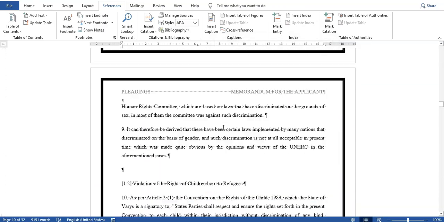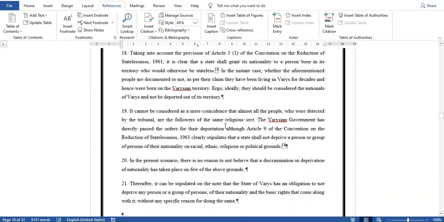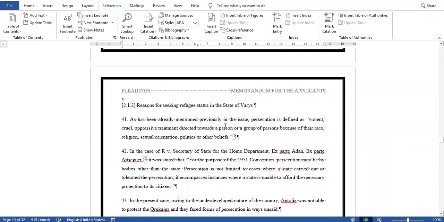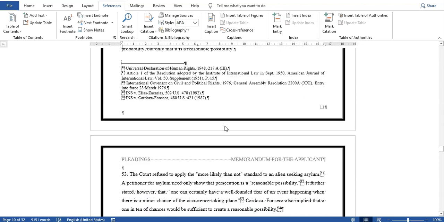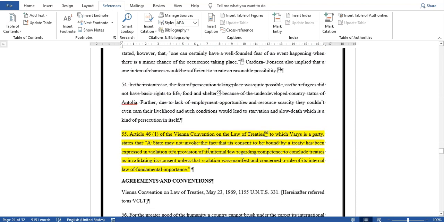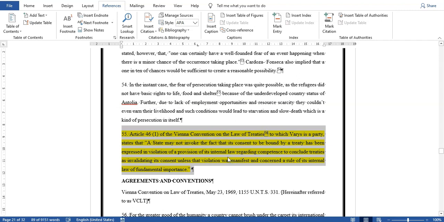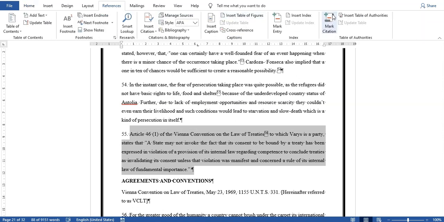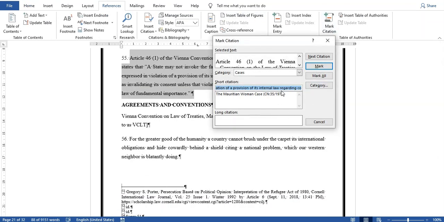Now let me mark one more heading. This I want to mark as agreement and convention. Select the text, mark citation.